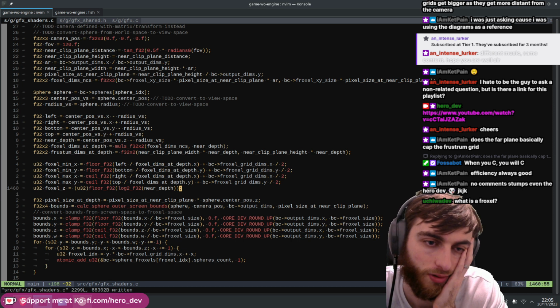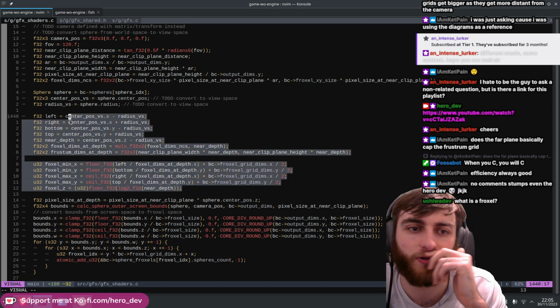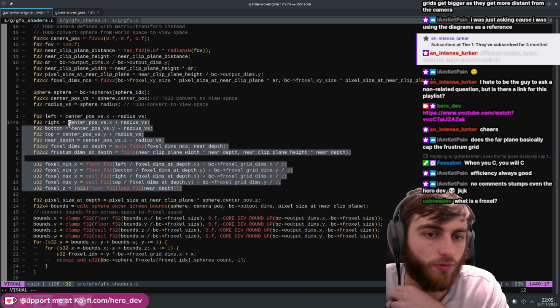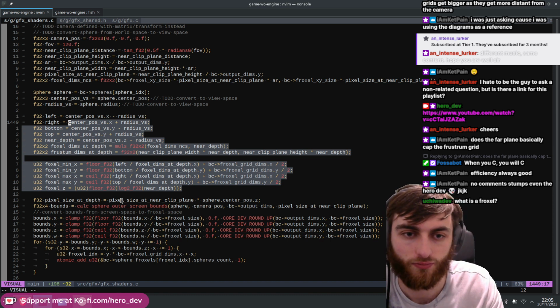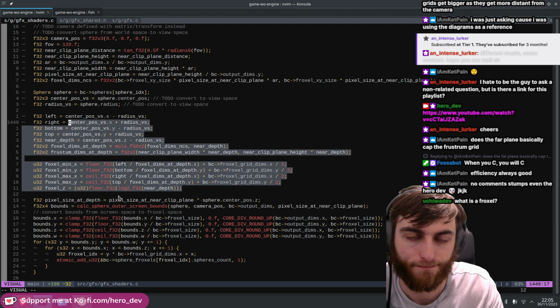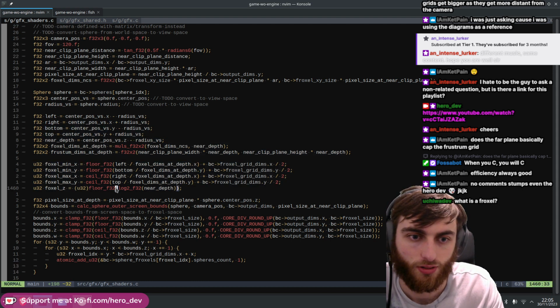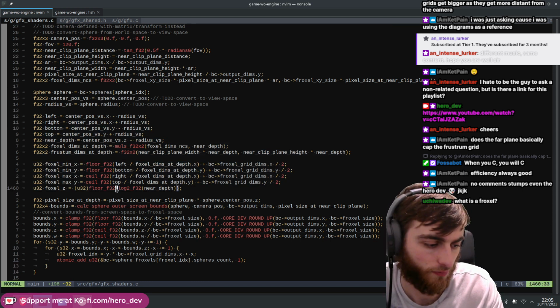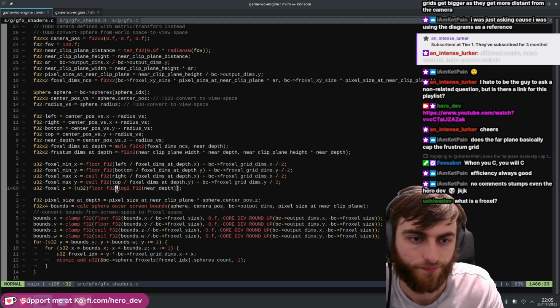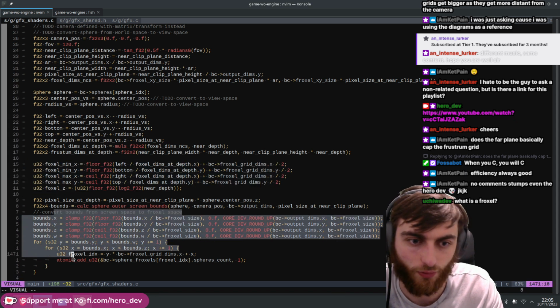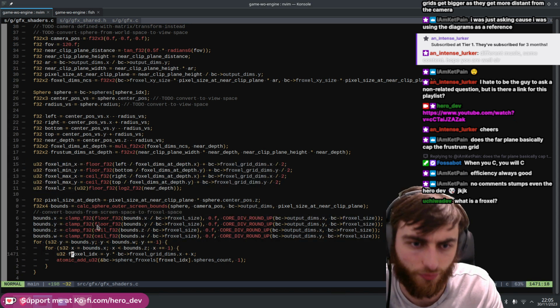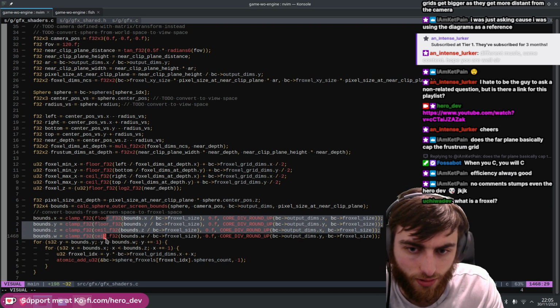Because you're kind of doing all of this calculation when you might be able to do a very simple sphere versus frustum calculation. I don't know if there is one I can find. Yeah. But we should really make, because we're about to use this in a for loop. And we don't really want to clamp it. Because if we clamp it,